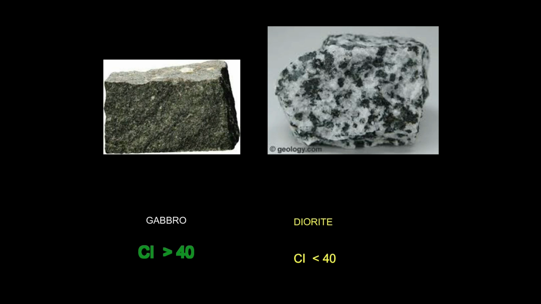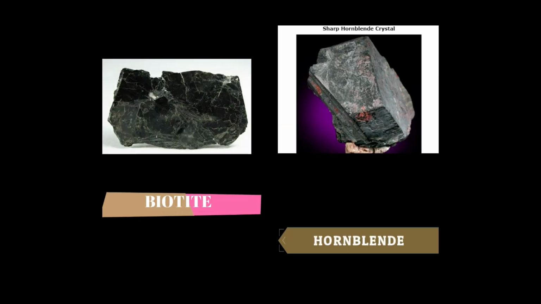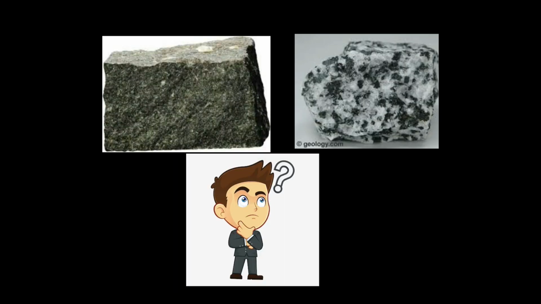Now the question arises, why is it? To answer that question, let's think about what type of mafic minerals they have. In gabbro, they have pyroxene, whereas in diorite they have hornblende, biotite, etc. Now the next question is, why will a rock with pyroxene have more color index than a rock containing hornblende, biotite, etc.? And the answer to this question lies in Bowen's reaction series.